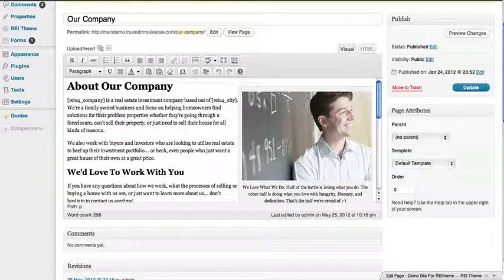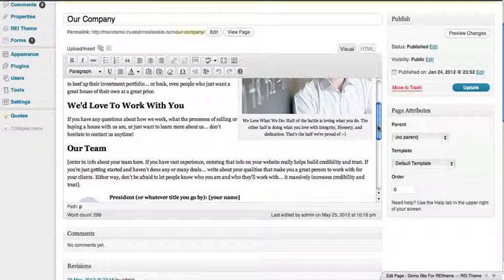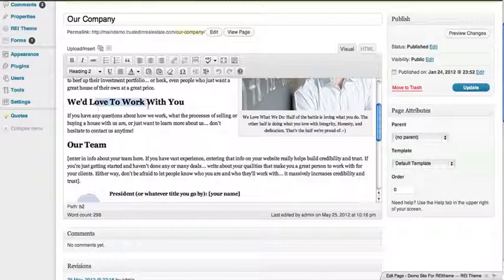Add in things that really talk about exactly what your business does. If you guys specialize in multifamily, change all the content in here to really slant toward educating people on what you guys do in the multifamily market. And same thing right here, we'd love to work with you. If you have any questions about how we work, what the process is of selling or buying a house. Once again, if you guys are in multifamily, change this content here just to really be specific to exactly what